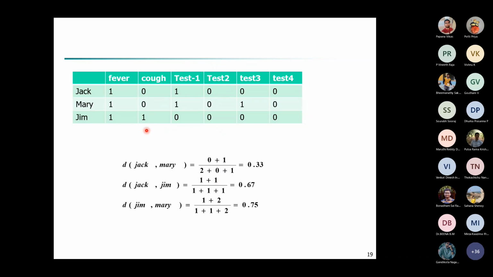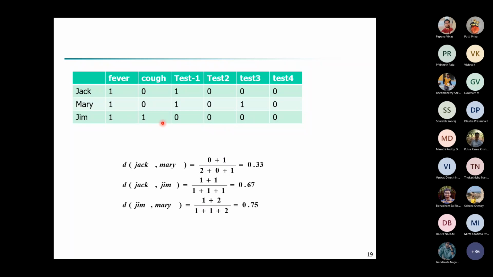Now how many Q? That is the 1 1 situation. First row we should have 1, last row also 1. Like that we have only one case, which is the fever case. So that is 1. Now R and S already found. So that is 1 plus 1 plus 1. So this becomes our Jack comma Jim comparison. Now how do we compare Jim comma Mary? Jim comma Mary.